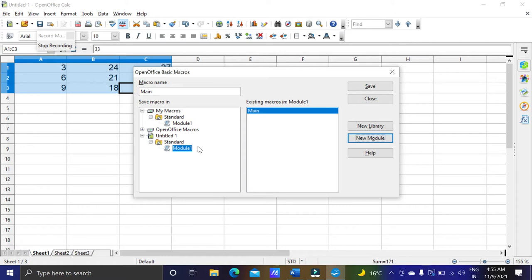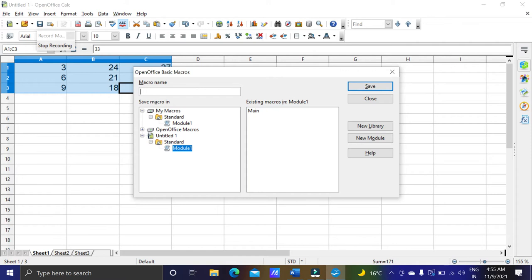I have typed a name, and whatever name you want, suppose I have named it module 1, it will give you one main module named main. Now I can select this and then click on save. Now we have to name the macro also. I am going to name this macro so that I can identify it in future.